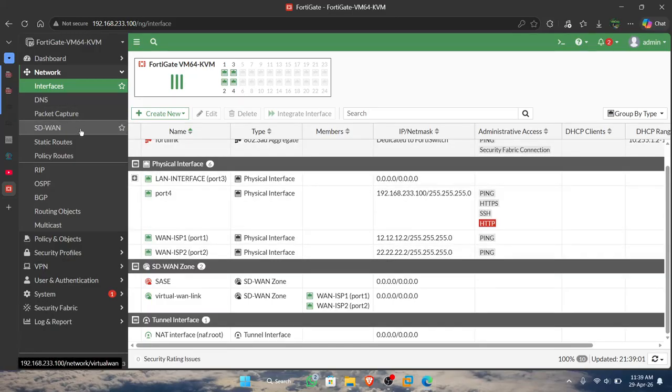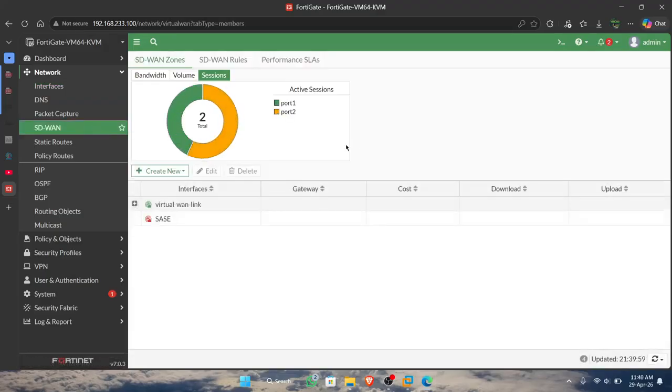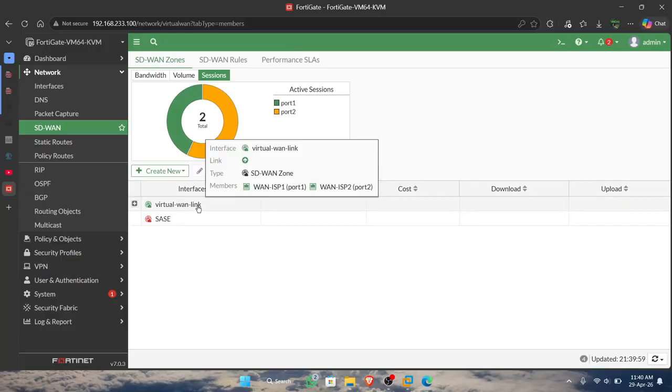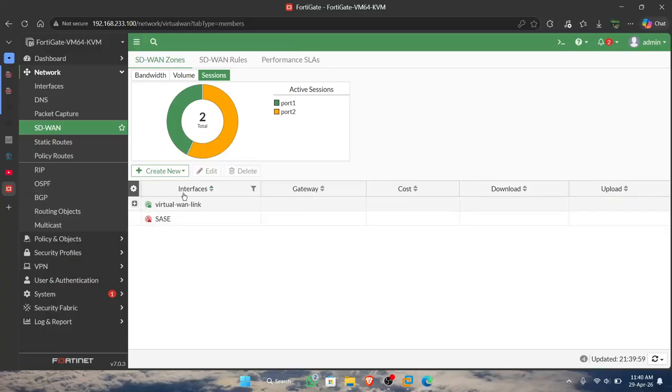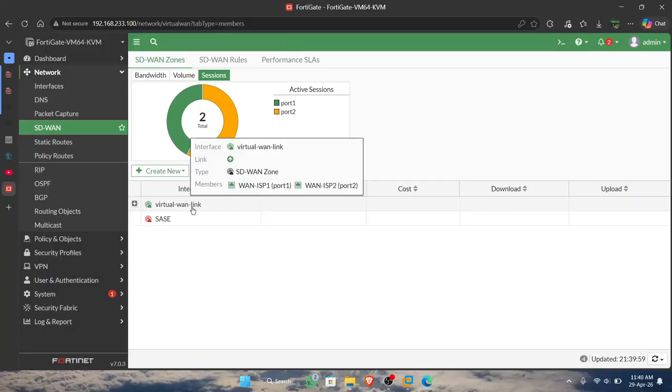Okay, we continue the configuration that we make for SD1. First, when you enter the FortiGate virtual link, if this color is red or silver, the mark is turned off.